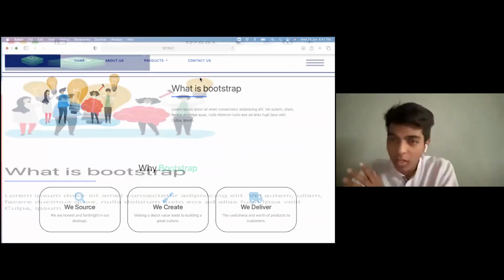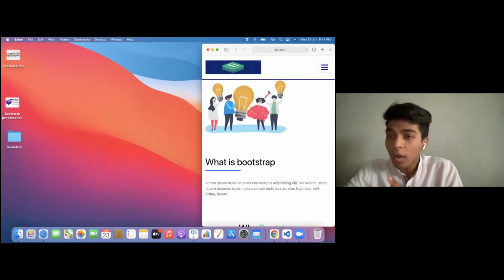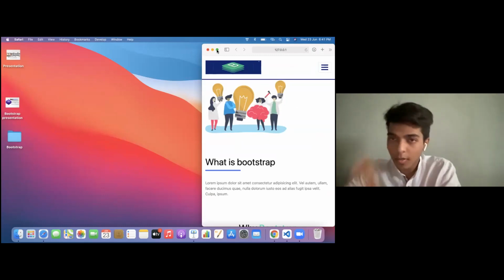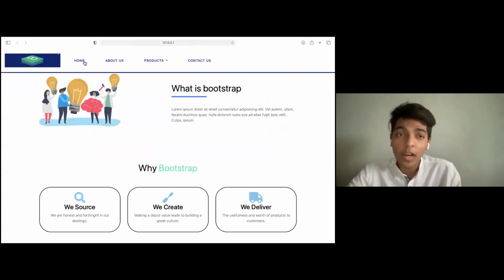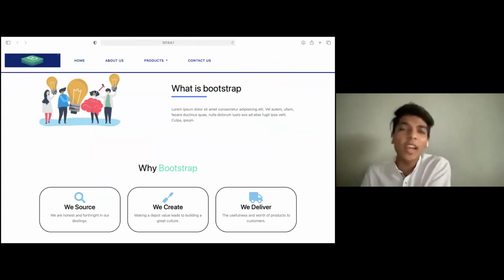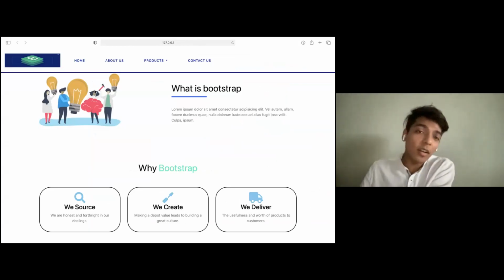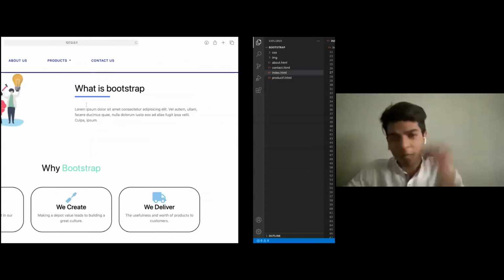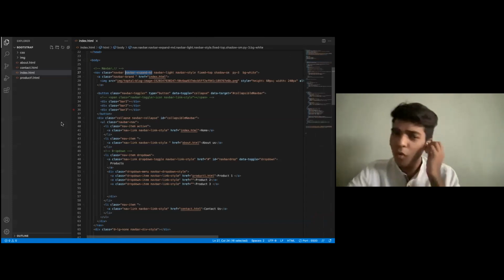When I close this part out, it gives me a toggler. I'll tell you what a toggler is. Just make sure you get this part: it would only be expanded when it is MD or more than MD. It would be toggling when it is on a smaller screen, something less than a tablet, a small phone, or some other device.